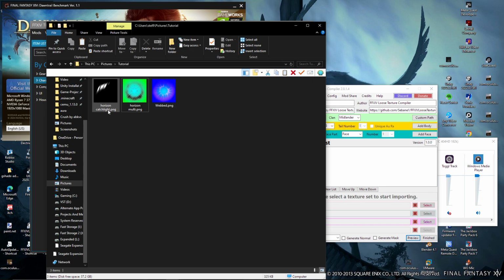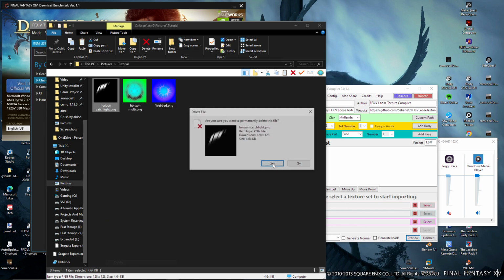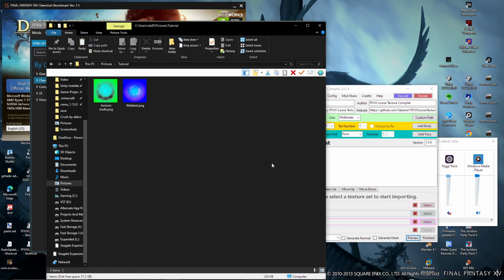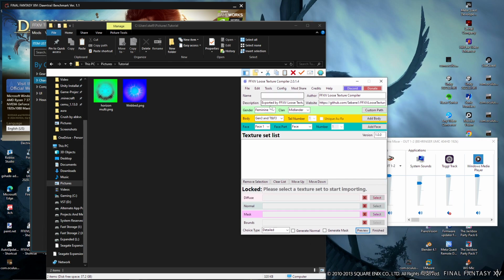And then we also have a third texture here called a Catchlight. Unfortunately for Dawntrail, there's currently no use for the Catchlight anymore. So this we can just delete. We can't use it in Dawntrail. So let's get started. We're going to start off with the more bluish